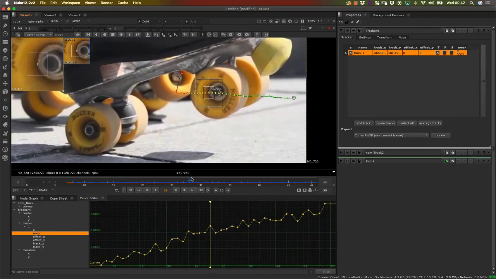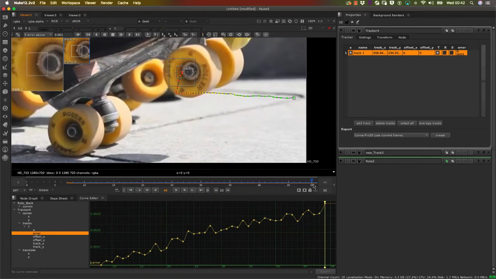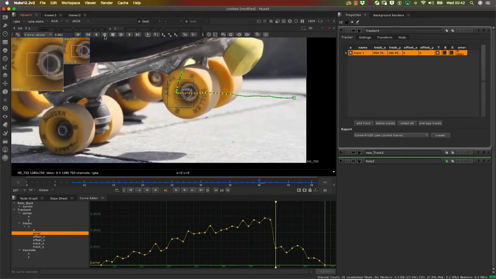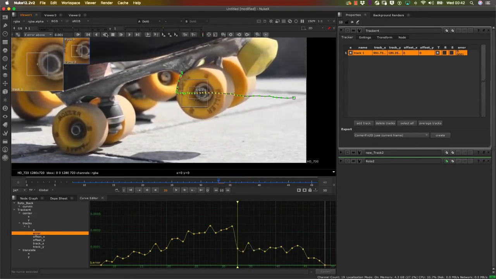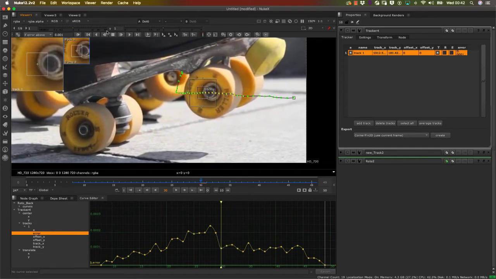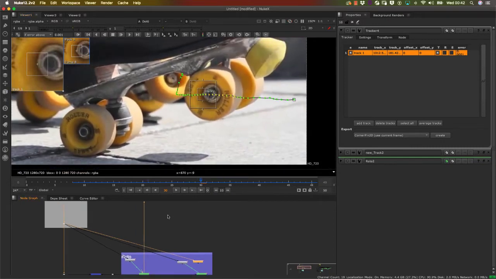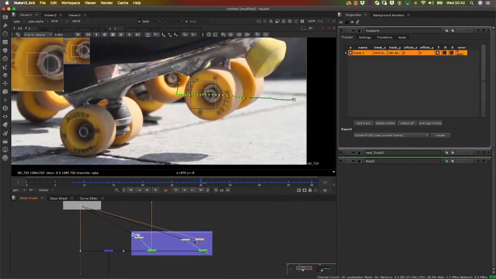So if you just kind of bring that in a bit from this point. Again, I can just simply click on this handle there and go back in. So that's really mirroring the first frame here, and then you just kind of start getting all the green signal from this point. Okay, yeah, looking good. Now let's create another